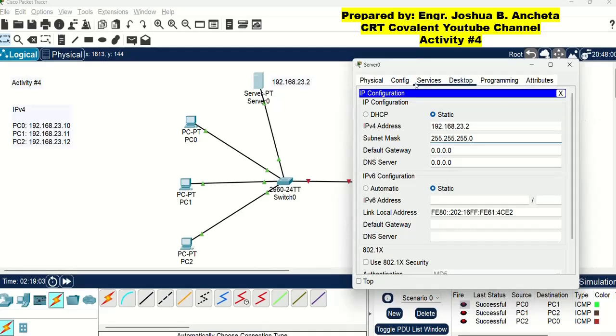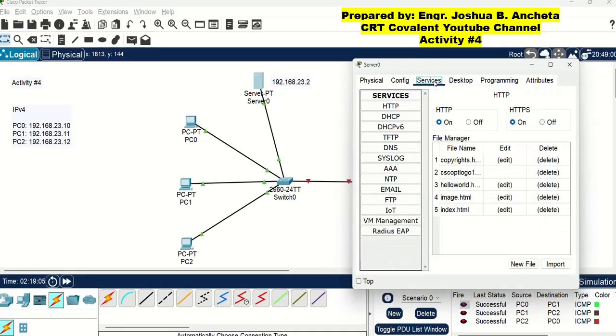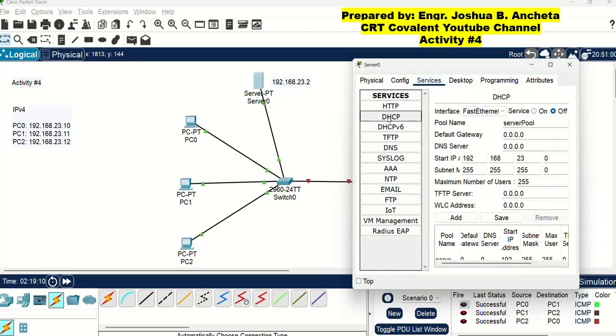Next is go to services. Click DHCP. Then click on. So the pool name is server pool. The default gateway, you can skip that. DNS server, skip that. Start IP. So the start IP is intended for the IP address of the computers.